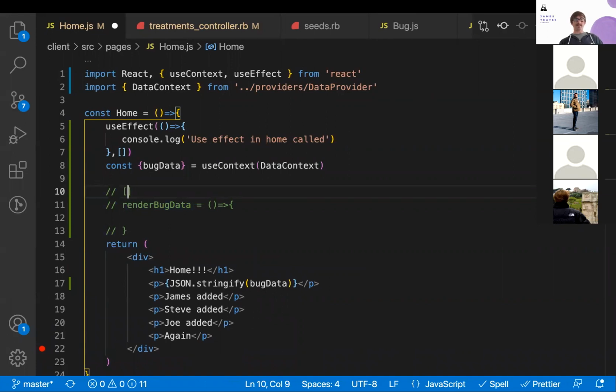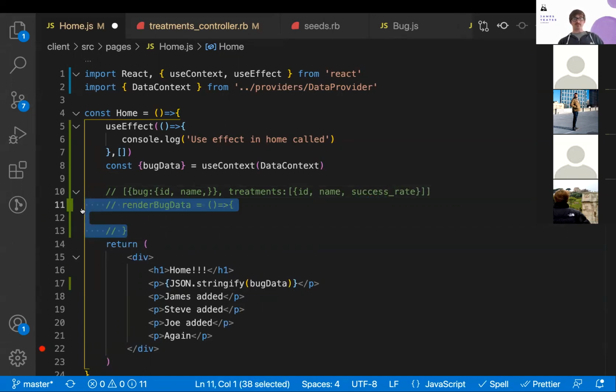It's an array of objects that have a bug key, and that is an object with ID, name, and whatever. Then there's also a treatments key on here. That's an array of objects that have like ID, name, success rate. And it's really important to know that